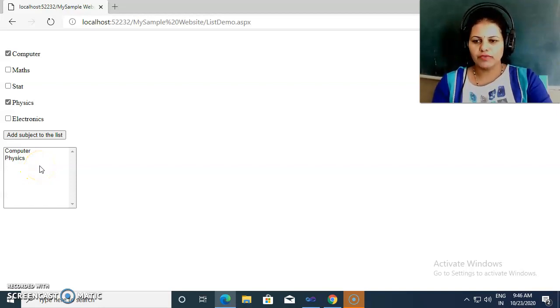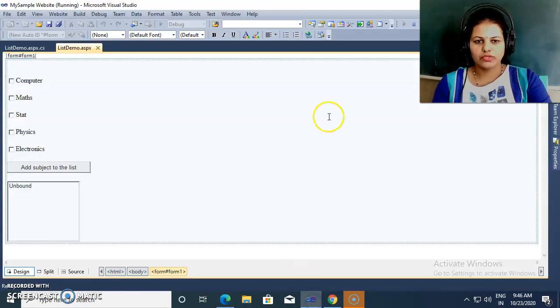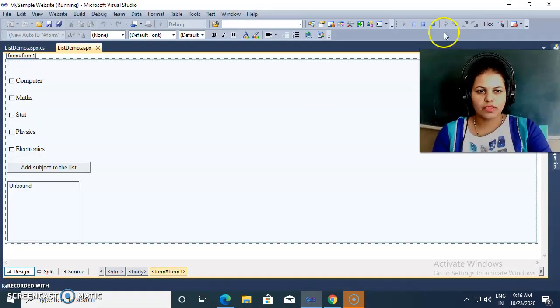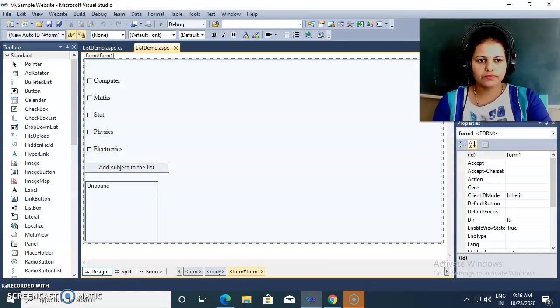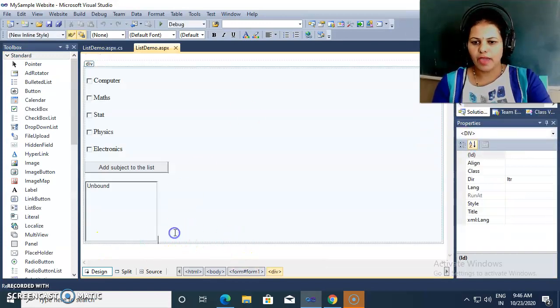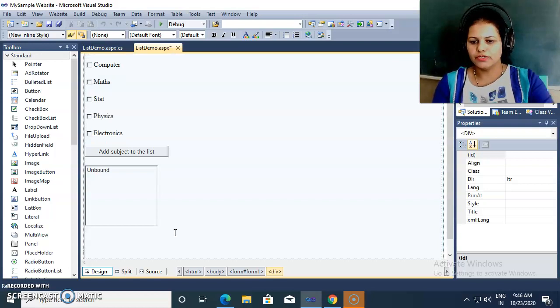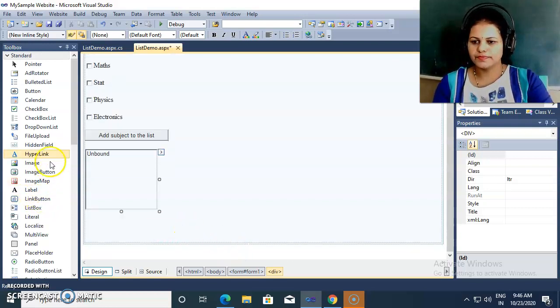Now we see one more example of list box, how we can add items and remove items from a list box. So we go towards the coding window and I'm adding one more control here, a list box.